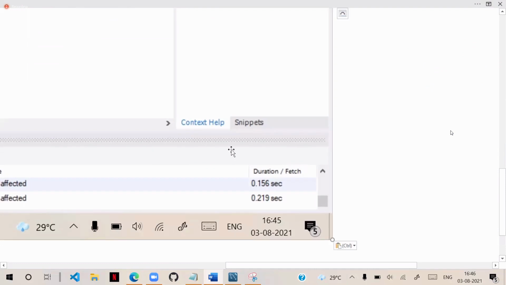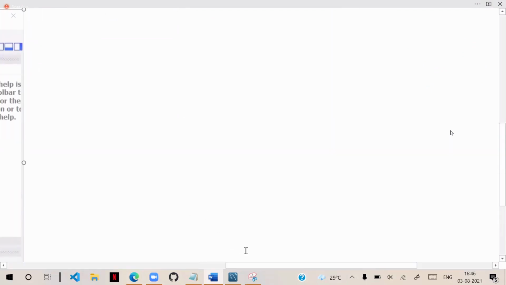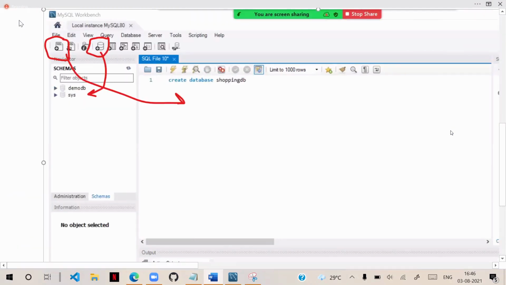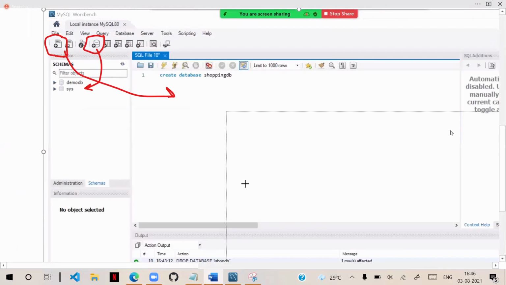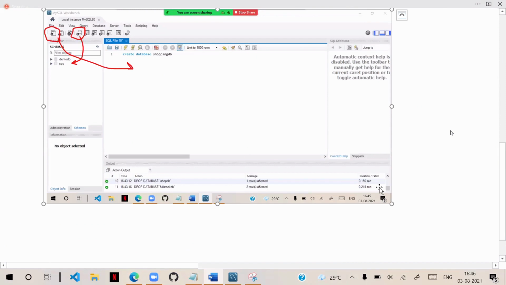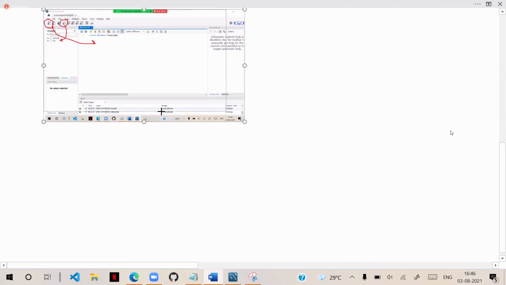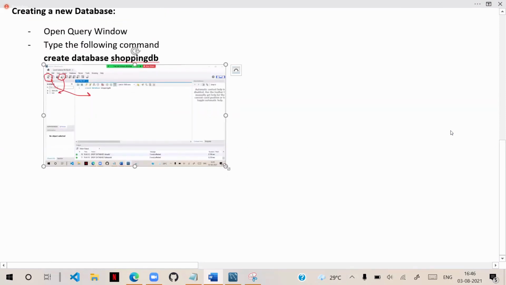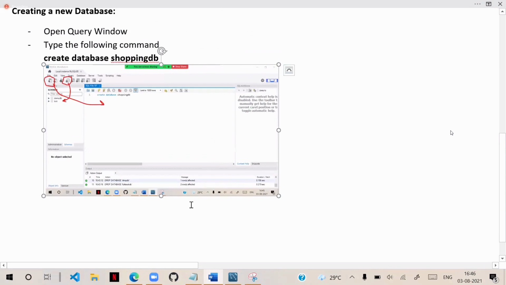This is the query command we need to configure. It looks like this. The query window is where you specify and manage that.